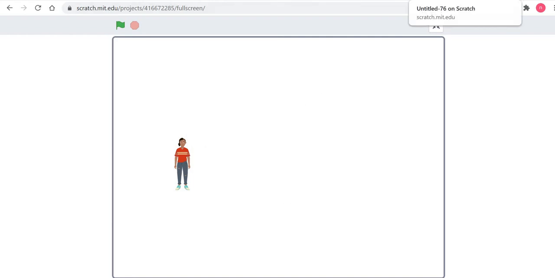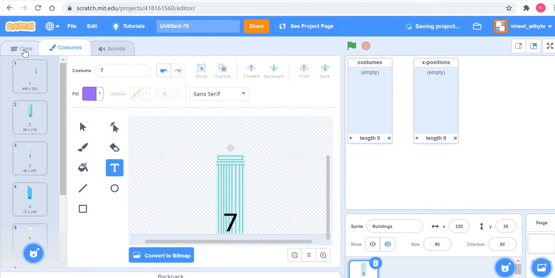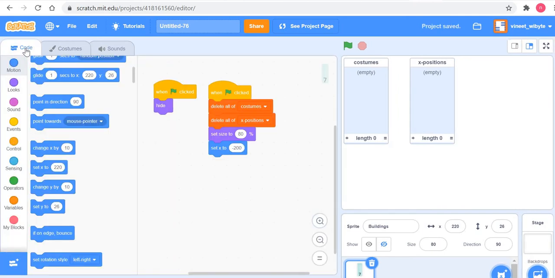A simple method would be to use a random number and set the costume of the building to a number between 1 and 7, so that every time it is different. What that will do is that every time I play the game, the sequence of buildings will change.